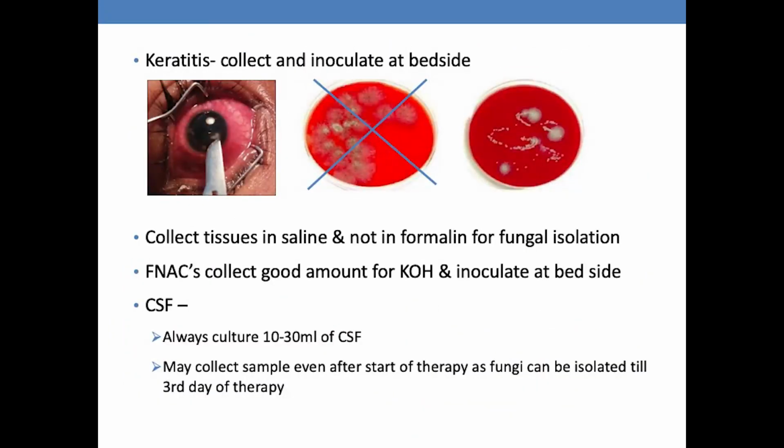Coming to keratitis, when you collect the sample, it is better if you can do a bedside inoculation. Carrying the sample on a swab is of no use, so it is the scraping you have to collect. Usually the infection is produced by saprophytic fungi, so just getting some growth like this doesn't help. So what we do is C inoculation, a C-shaped or particular-shaped inoculation, so that the growth comes along the line of inoculation. That is very important.